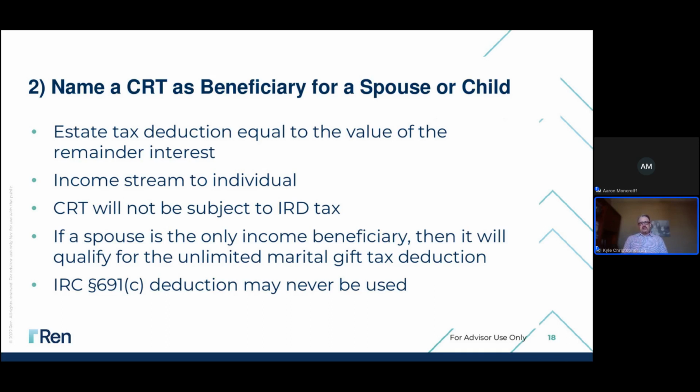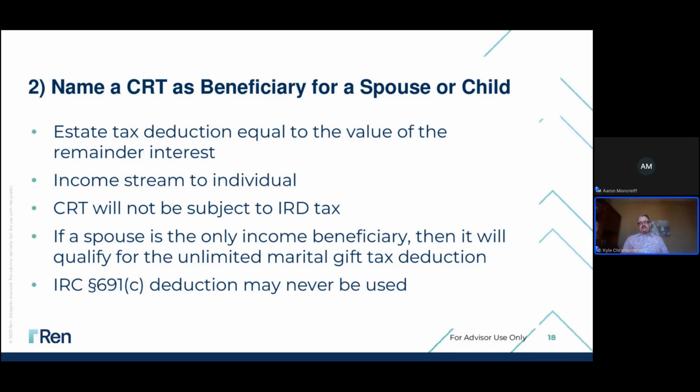This is a great strategy that instead of going outright to a charitable organization, it can provide an income stream to the heirs, the children first, and then whatever's left over would then go and support the charitable organizations that are designated. So how this works in difference to just an outright gift to charity or to a donor advised fund at death is the estate tax deduction that the client's estate receives is not going to be a dollar for dollar estate tax deduction. It's actually equal to the present value of what eventually is going to pass on to the charitable remainder beneficiary, the charity that's going to receive whatever's left over.